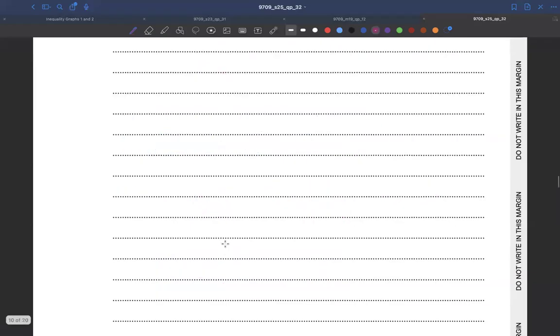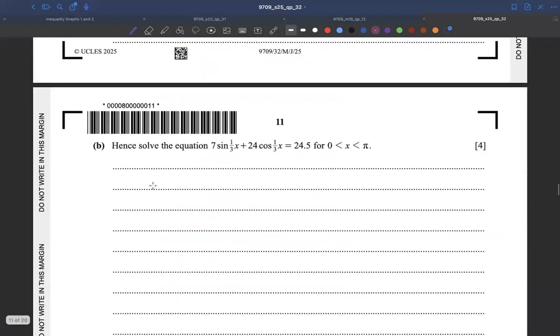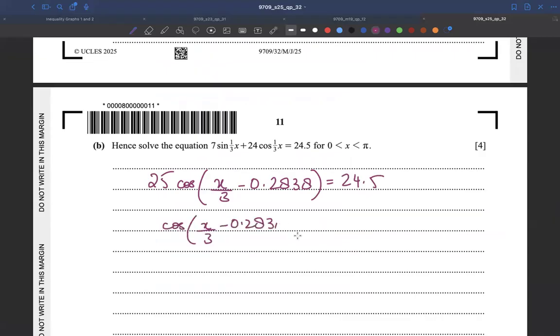So we can write this as 25 cos of x upon 3 minus 0.2838 equals 24.5. So 25 will divide on the right hand side, and we'll get cos of x upon 3 minus 0.2838 equals 24.5 upon 25,